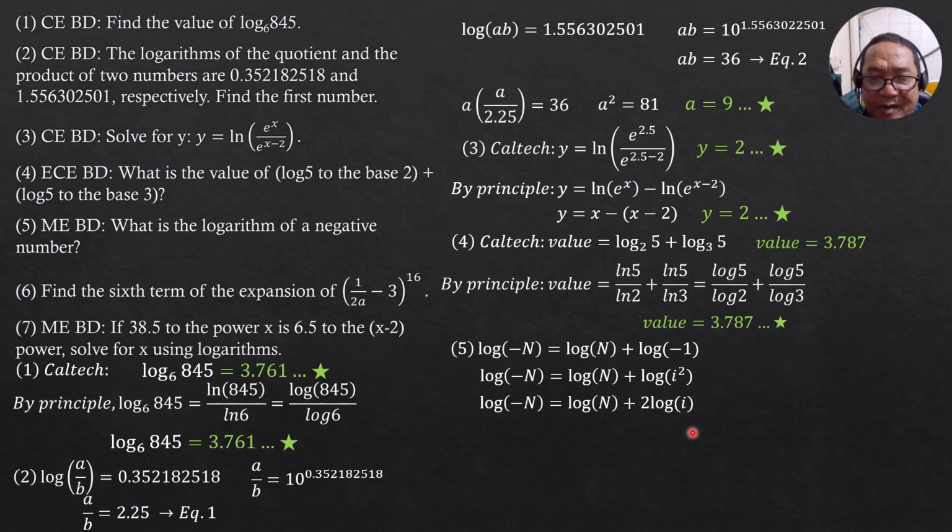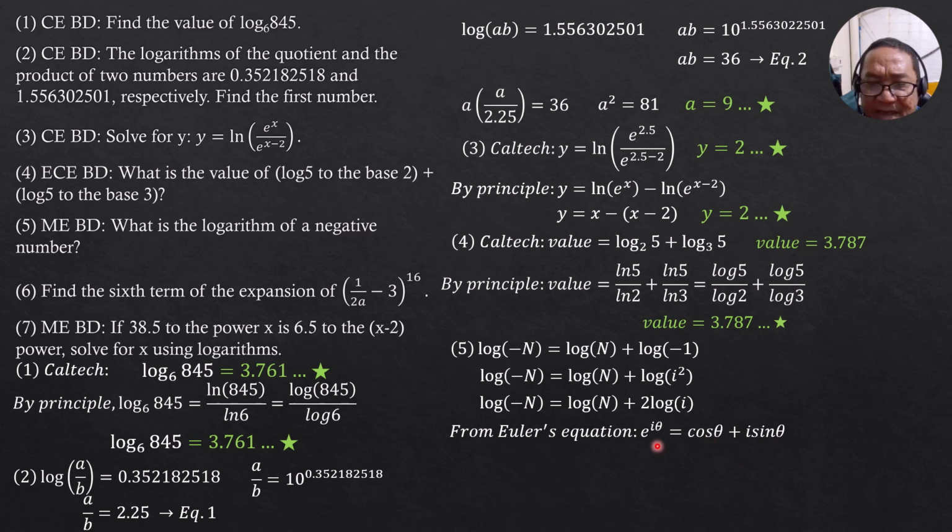And we now write i in its equivalent exponential form. By Euler's equation, e to the i theta is cosine theta plus i sine theta. Likewise, e to the negative i theta is cosine theta minus i sine theta. So let's just use this.